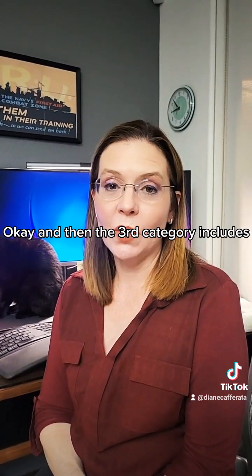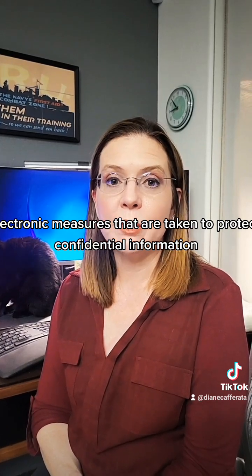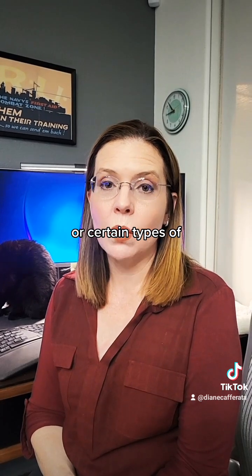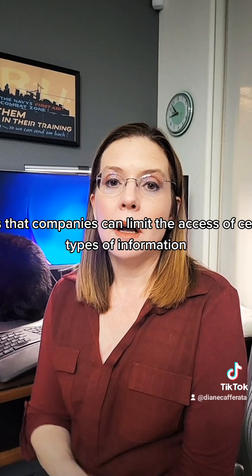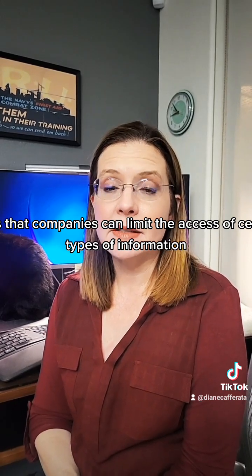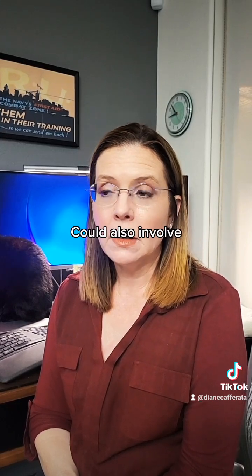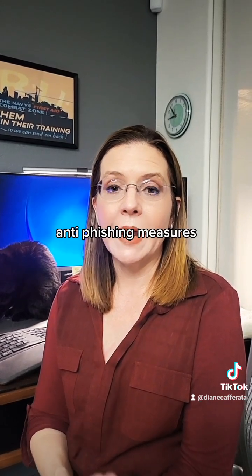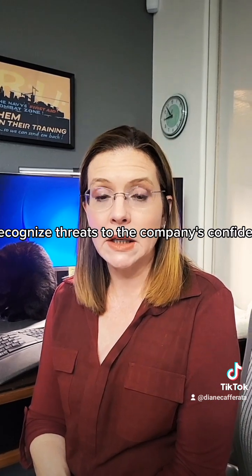Okay, and then the third category includes electronic measures that are taken to protect confidential information. So that might be the use of passwords on computers or certain types of firewalls, ways that companies can limit the access of certain types of information to just the employees that have a need to know that information. It could also involve two-step authentication and other anti-phishing measures, training for employees to make sure that they recognize threats